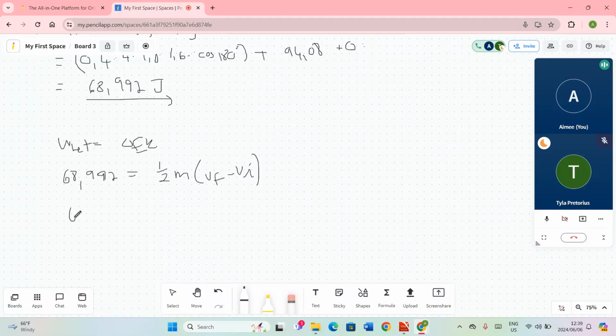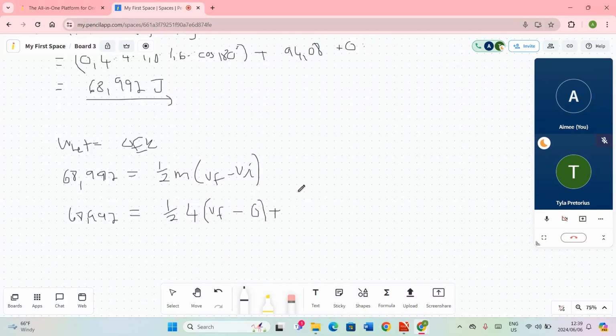Okay, so 68.992 is equal to half. The mass that we're focusing on right now is the 4 kilogram block. Okay, and the final velocity of the 4 kilogram block we don't know, minus the initial velocity of the 4 kilogram block was 0,